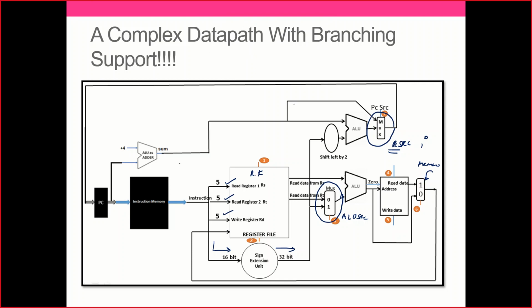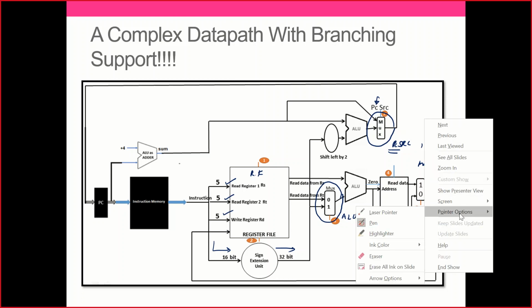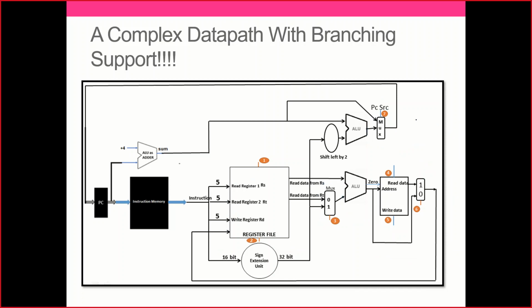Now if you see that we have included this particular mux here. What do you mean by that, sir? This mux is going to help me out in getting what should be the updated value for the program counter, right? This is 0 and 1. You see that now if there is a branch, the shift will happen here. The updated address will be available here, and it will go on here, and this is the new path, and this will be fed into your program counter.